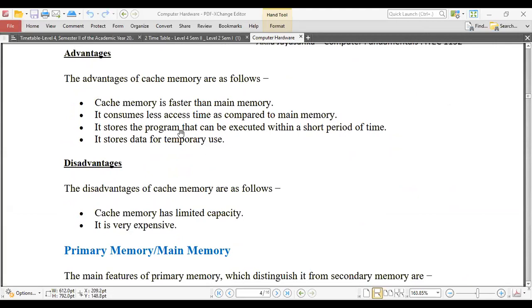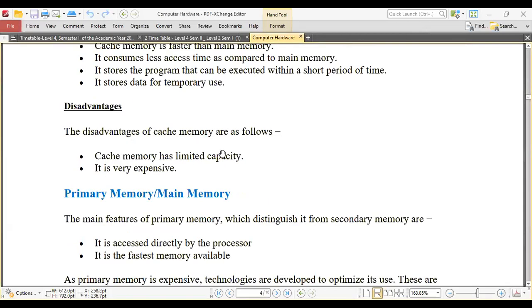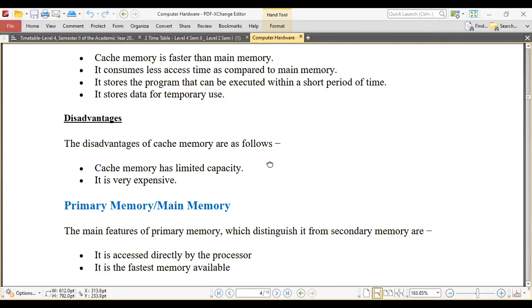That means if the data or the instruction is there in the cache memory, then the processing speed will be somewhat higher. Again, it has limited capacity. That is a disadvantage. It is difficult to increase the capacity of cache because of the cost. Developing that much high-speed memory is highly costly. So to manage that, the RAM is used, and cache memory is located in 3 levels. Okay, so that is all about cache memory, children.